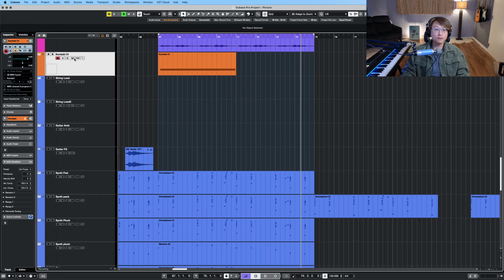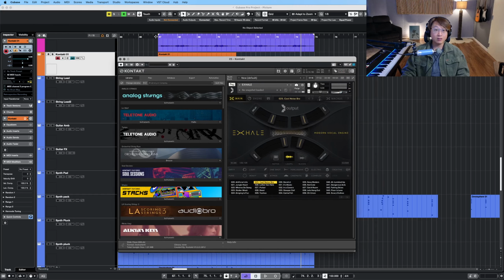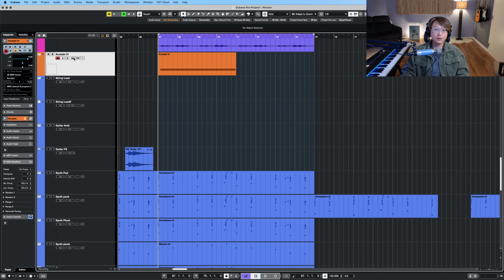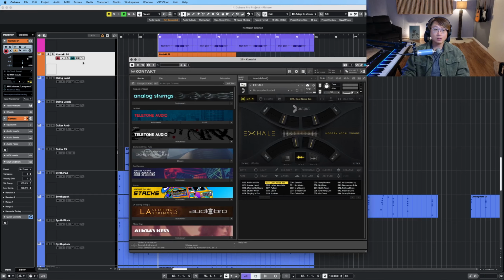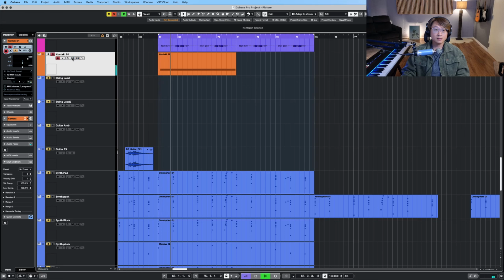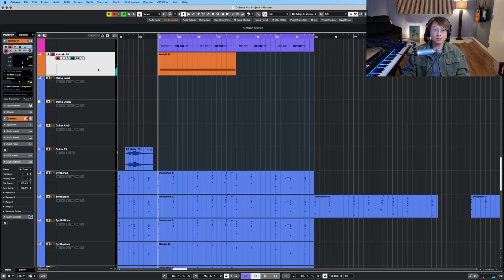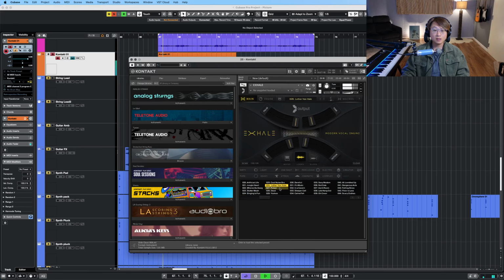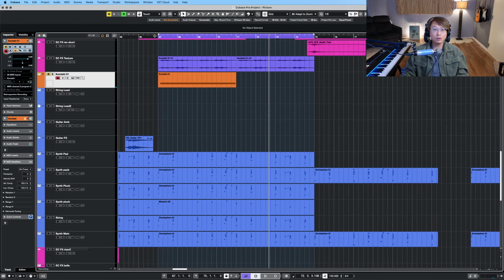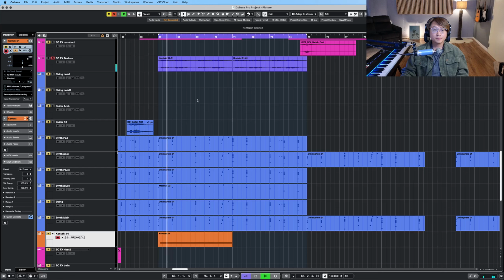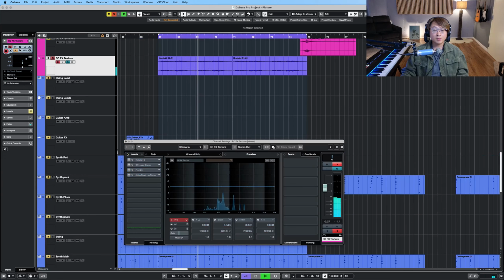So it's actually from this plugin called Exhale, and it's a very very good library that sounds like this. But if I change it up, for example, there is like different sounds like this or this. Yeah, so it has a bunch of effect stuff, but I loved how this sound went together with that. And I did some, you know,